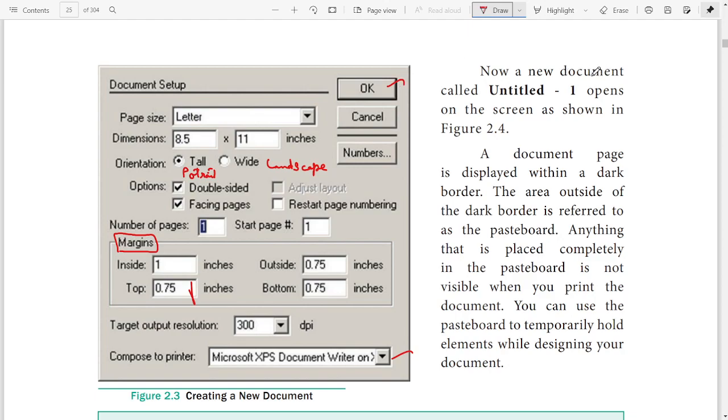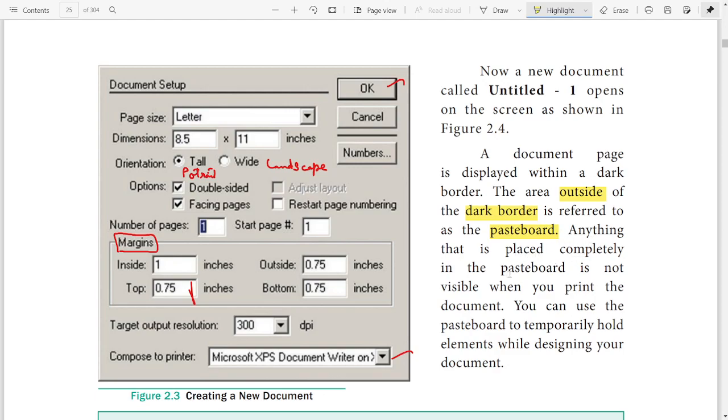Now, a new document called Untitled 1 opens on the screen. A document page is displayed within a dark border. The area outside the dark border is referred to as the pasteboard. This is important, one more question: outside the dark border is called the pasteboard.